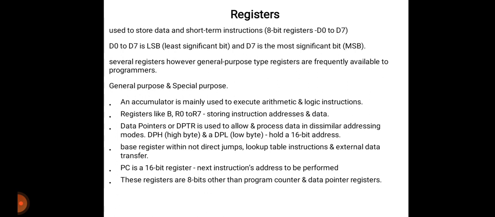The next one is the data pointer, or we can say the DPTR. This is used to allow and process data in different addressing modes. This register includes DPH, that is the high byte, and DPL, the low byte, which is mainly used to hold a 16-bit address. So it can be used as a base register within indirect jumps, lookup table instructions and external data